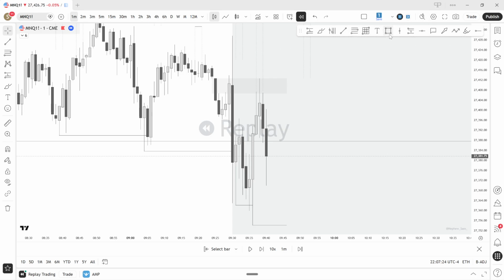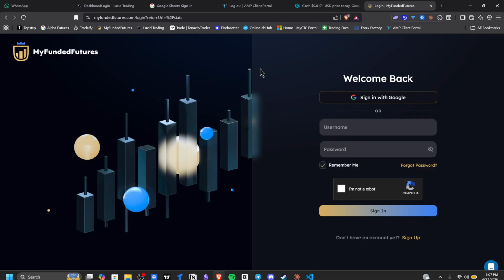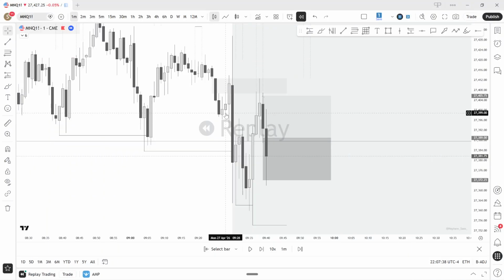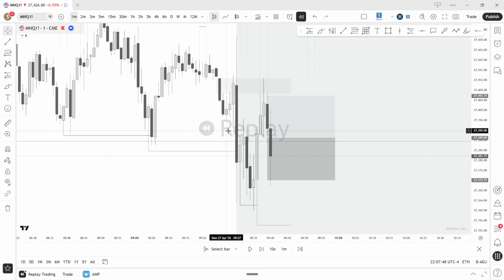What I did that was dumb was I entered on this candle right here. Let me show you a long position. And keep in mind, this was also on Tradovate. I was using Tradovate for my funded futures, and Tradovate was kind of messing up, so I didn't know how to set a stop loss. I was messing around with Tradovate because I had my amp on this. So I was trading my amp, or waiting for a trade for my amp, which I didn't take anything because